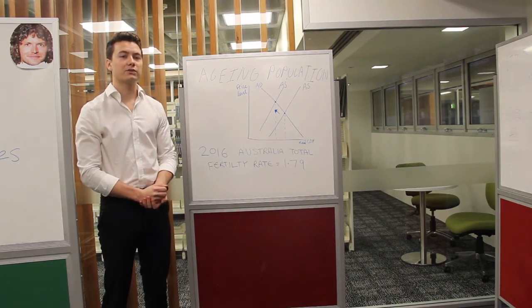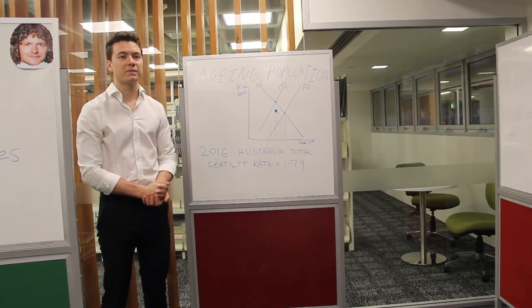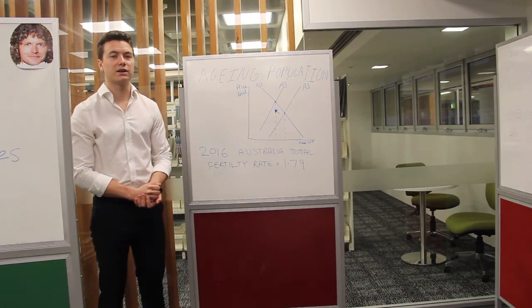Although Australia's population has been increasing during this time period, this is due to a positive net migration rate. If it were not for this, Australia would see the aggregate supply curve shift to the left, resulting in lower real GDP, ceteris paribus. This is especially significant as Australia has an ageing population. As you can see in the population pyramid, a large proportion of the population will soon be leaving the workforce, and with the total fertility rate below the replacement rate, it is predicted that by 2042 there will be 2.5 people of working age supporting each person aged over 65. This will result in lower government revenue through income tax and require increased government expenditure, which is an unsustainable equation.